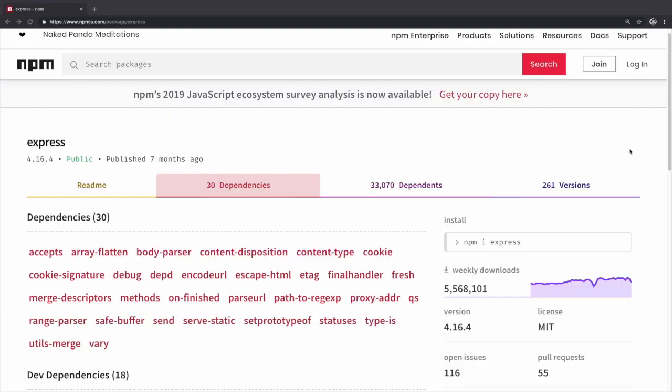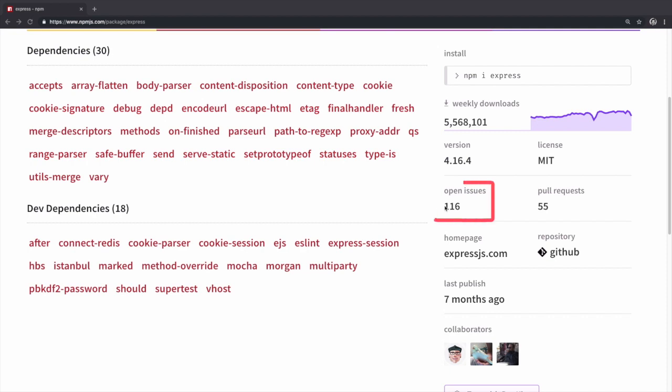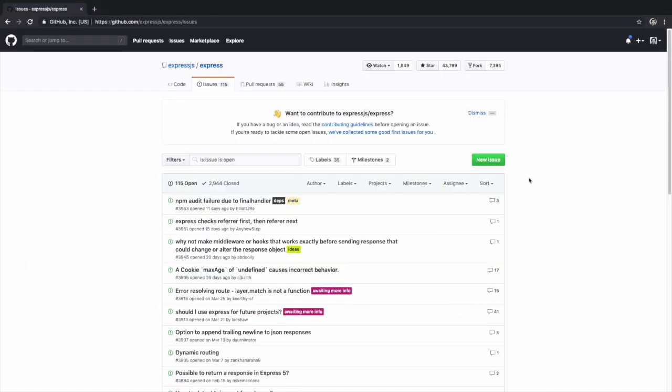Another useful piece of information when choosing a package is how many open issues there are on the package's issue tracker. I don't recommend judging on number alone, as a more popular package is bound to have more issues, but clicking through the issue tracker can give you an idea of how old the issues are, and whether or not the maintainers are actively responding to the issues.